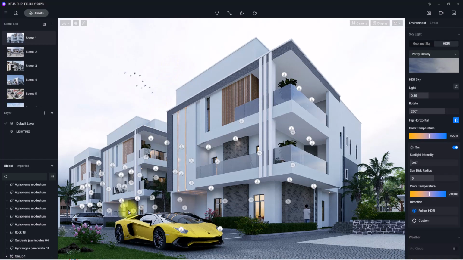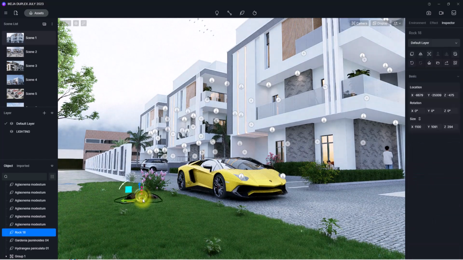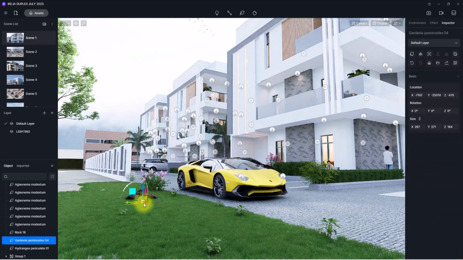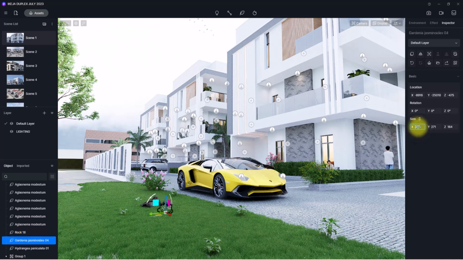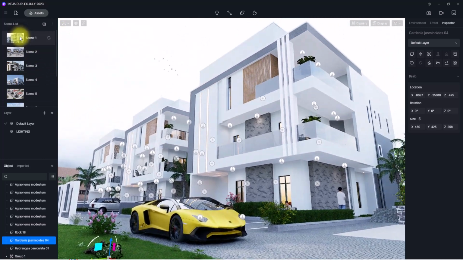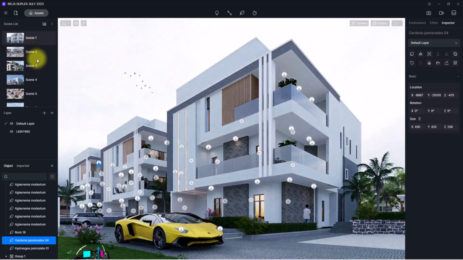We also have some shrubs. I think we can drag this shrub closer, the shrub and the rock. We can drag them closer to the camera. We can reduce the size of the rock to about 900, since it will be out of character for a big rock to just be sitting there. Can increase the size of this shrub to about, let's use 450, and we're going to just place it here. Then we're going to go to our camera view once again, and we're going to see, okay, so far it's